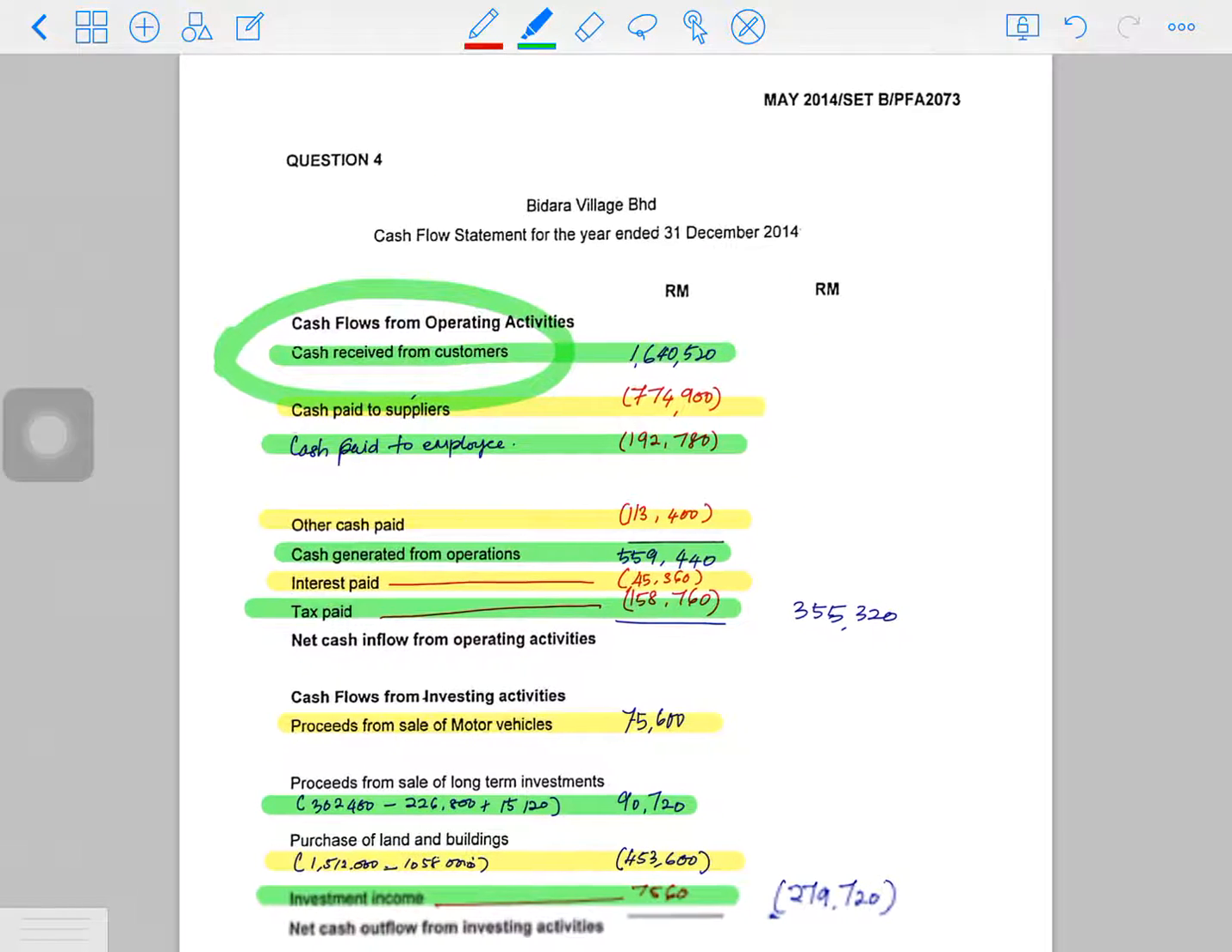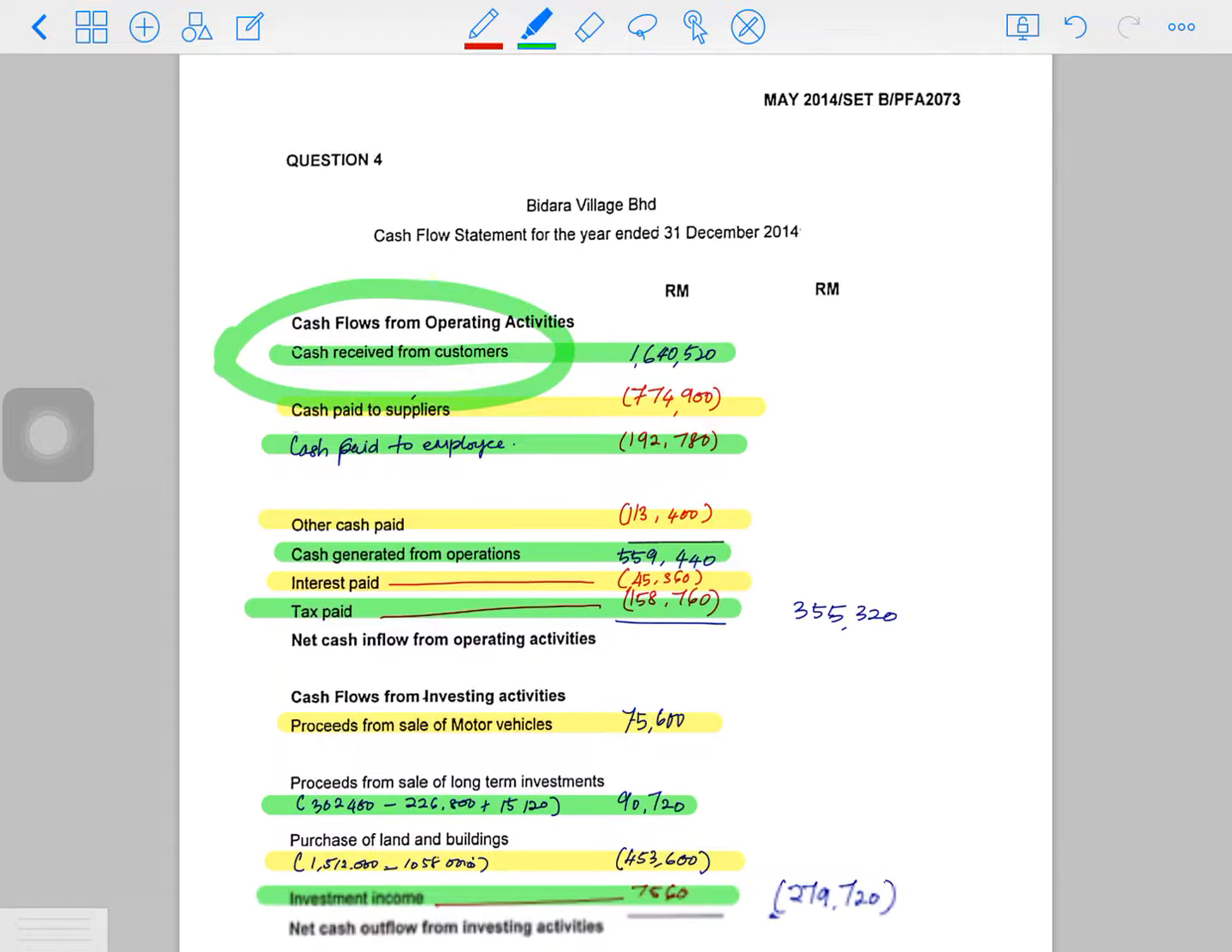So what you do, if you want to calculate cash received from customer, you have to prepare debtors account, right? Debtors account. So you have here,